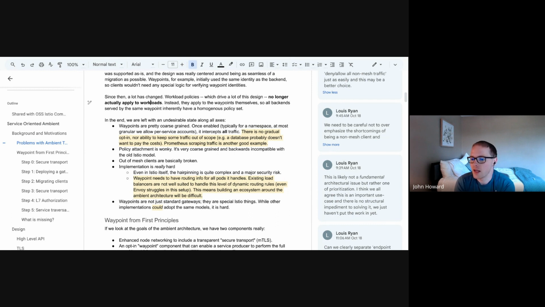So the idea that I'm proposing is that we move waypoints from being attached to workloads, which today we basically say all traffic to this workload goes through the waypoint, and we instead change them to be attached to services, which is to say that we make a service and say this service is implemented by the waypoint, and all traffic to that service goes to the waypoint. And if a workload wants to enforce that traffic, well,